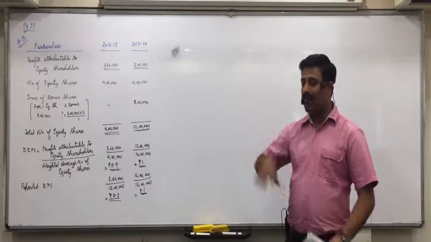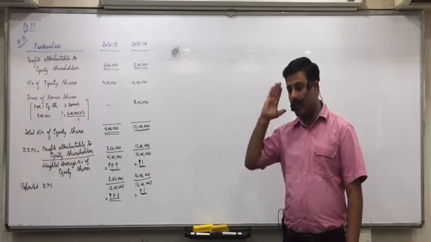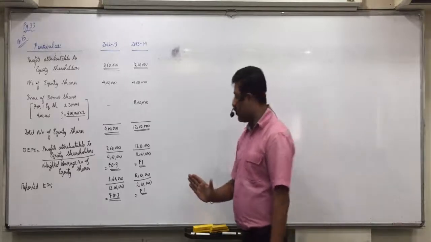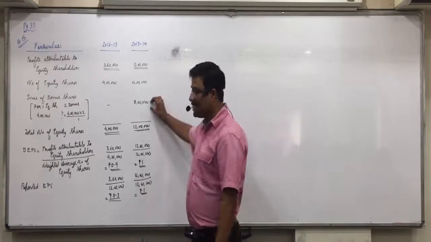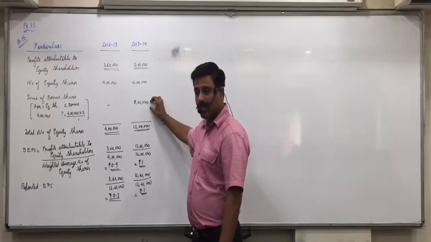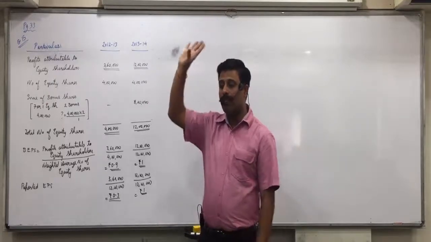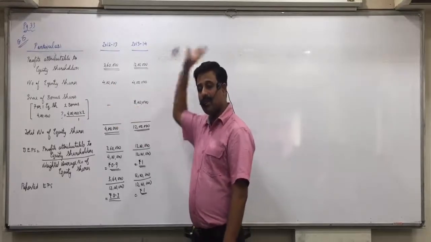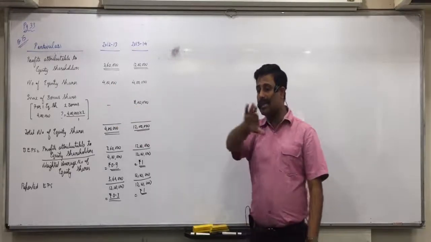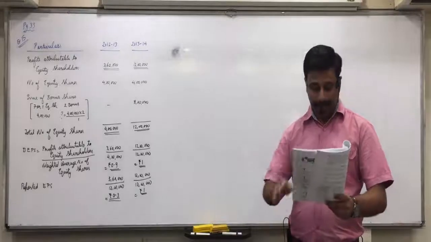So doing something for the benefit of shareholders, you cannot reveal negative aspect of the company. So when you report it to the shareholders, you report that the EPS is 0.3 and 1. Because bonus shares as such have no effect on the earnings of the company. So we assume bonus shares are issued in the earliest period reported. If you are reporting it for the last 5 years, we will assume as if bonus shares were issued 5 years ago. So all the years how the profit is going to be affected. Is everyone clear with this?